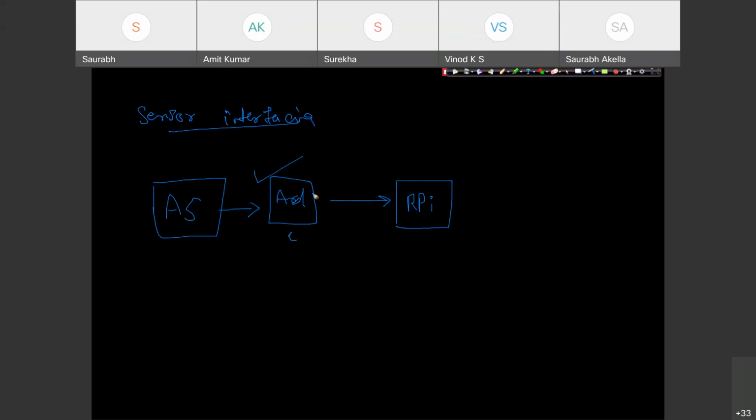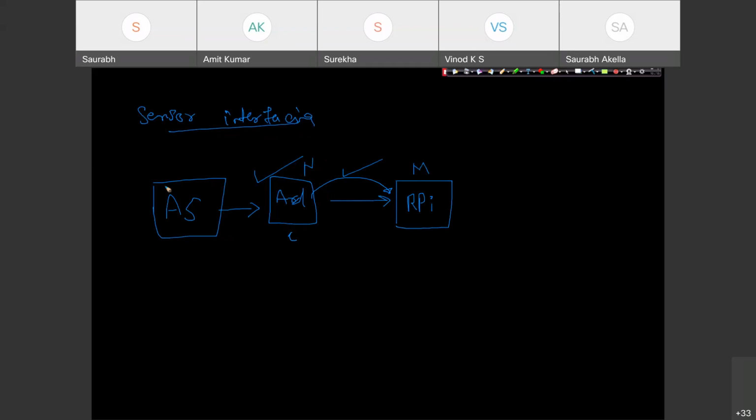But how do you send your data from Arduino to Raspberry Pi? How will the Raspberry Pi receive the data? What will be the speed and the protocol of communication? What will be the rule of communication between these two devices, since this is a node and this will be the master? Node and master communication has a different concept altogether.